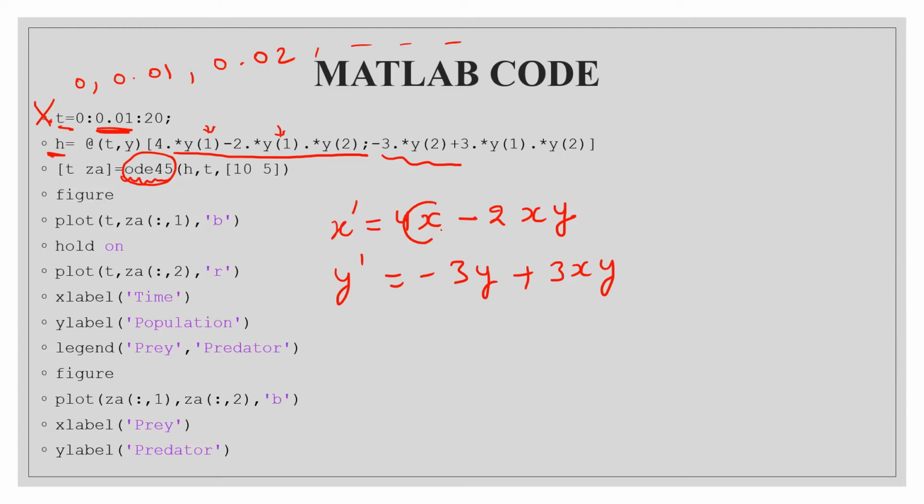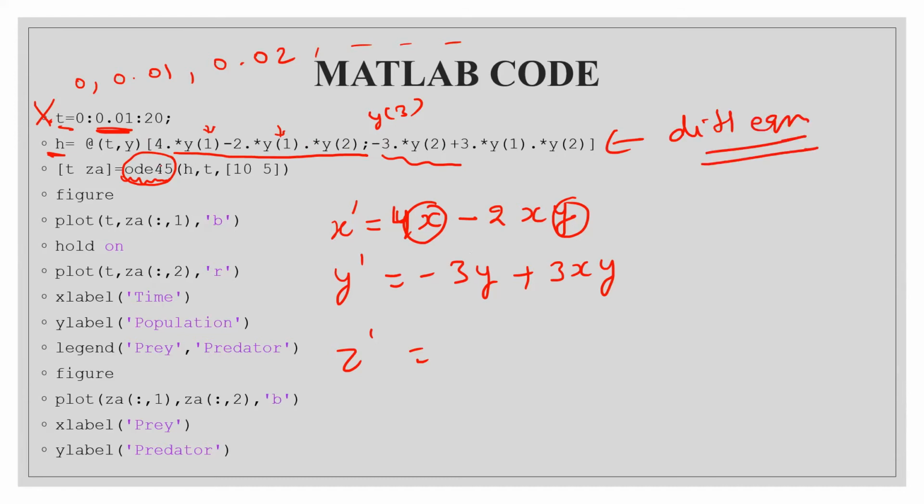So you understand, this x is now written in the programming as y bracket 1, and this y is written as y bracket 2. If you have another species you can use y3 to write. So MATLAB will understand that you are dealing with two variables. And these values, 4 and 2, are the values of the parameters. I have given a as 4, alpha as 2, gamma as 3, and so on. So these are the parameter values. So here you have specified your differential equation, right?